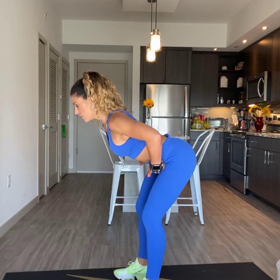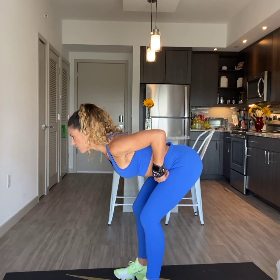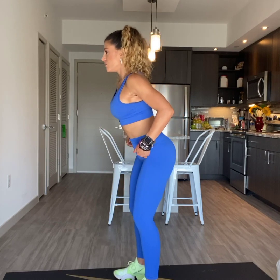For my skier swing today, I'm going to use 2 gallons of water. Before I show you with weight, let me show you the movement without. So I am going to hinge at my hips, karate chop here, hinge, bringing my butt back as far as I can. From there, I'm going to come up and squeeze at the top, keeping my core nice and tight. Down,